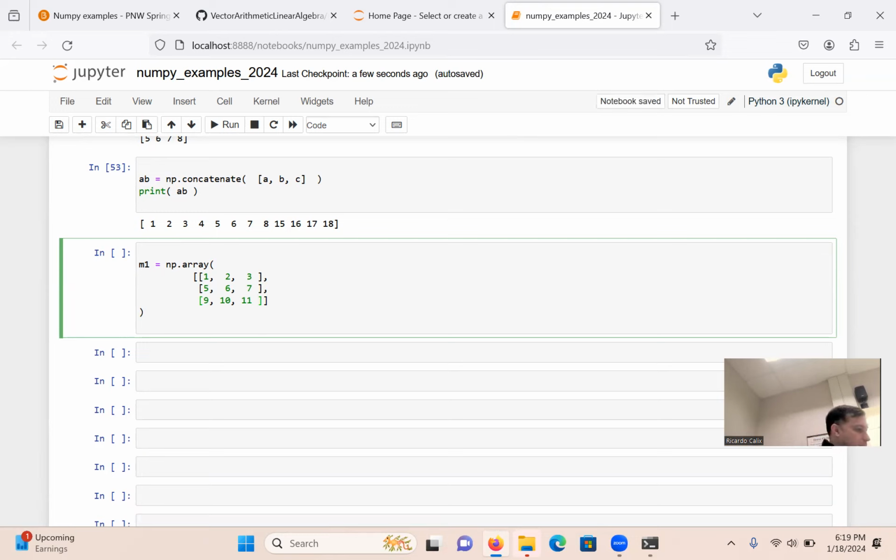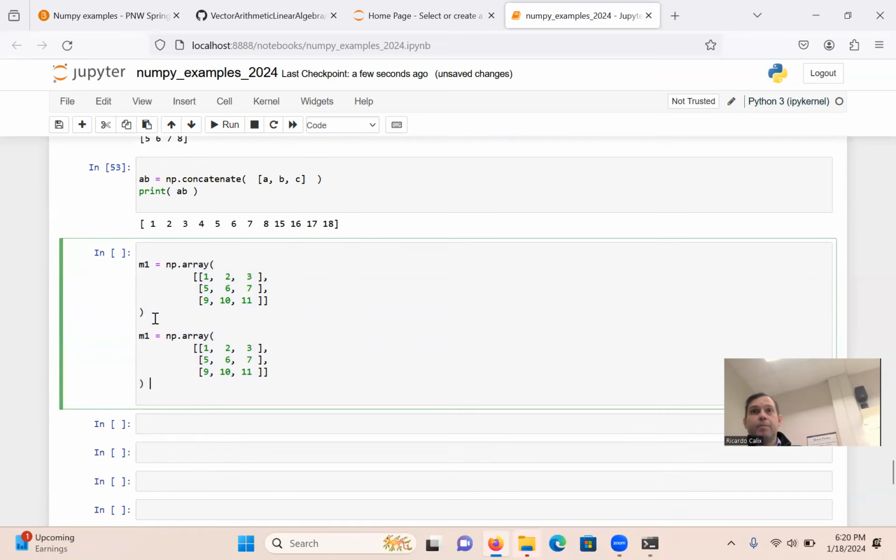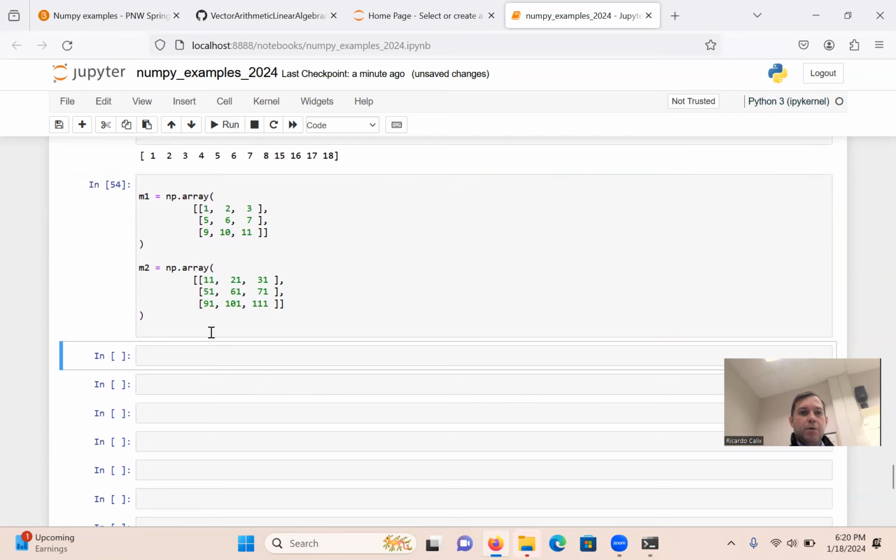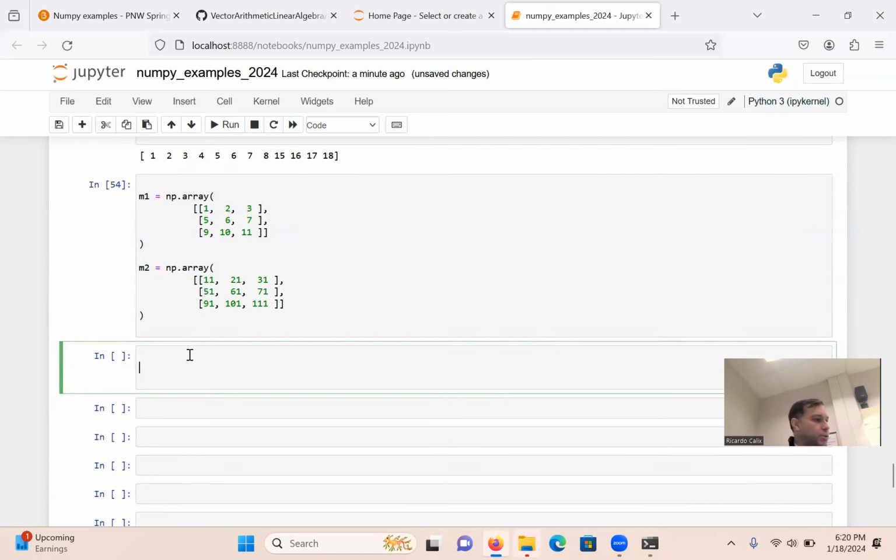That is M1, and then I'm going to create a second matrix, M2. I'm going to do M2 here. I'm going to change these values to 1, 1, 1, 1, 1, 1, just any number so that they're different. 101, 1. Okay, so now that we have these, we can just also use the same concatenate function. So let's run that cell. And I'm going to do here M1,